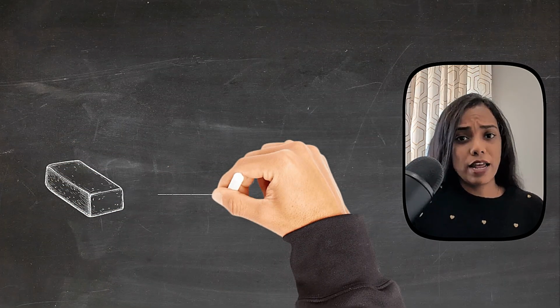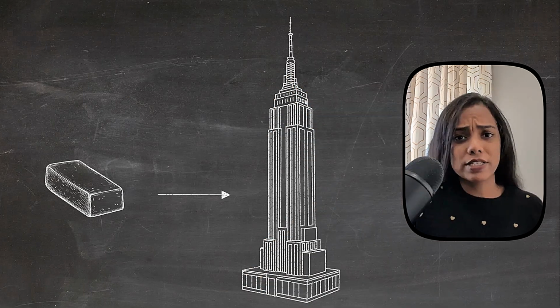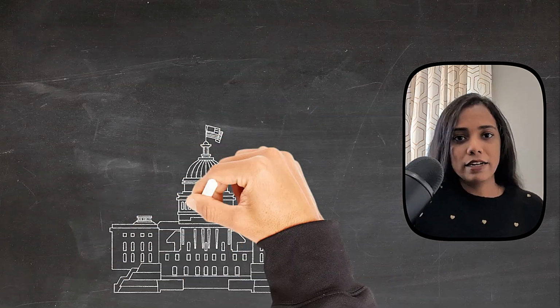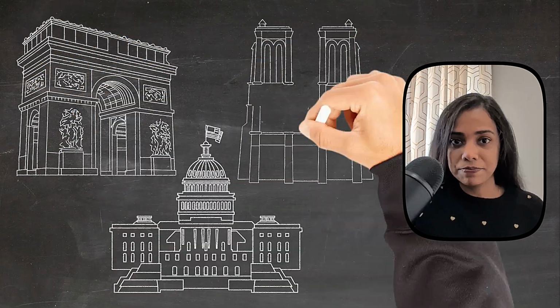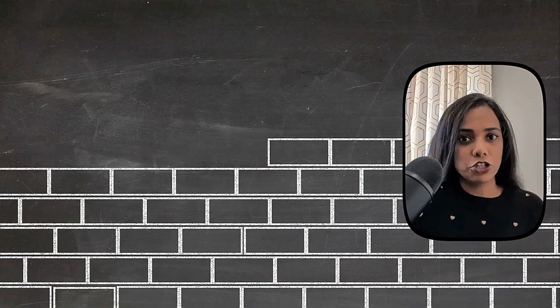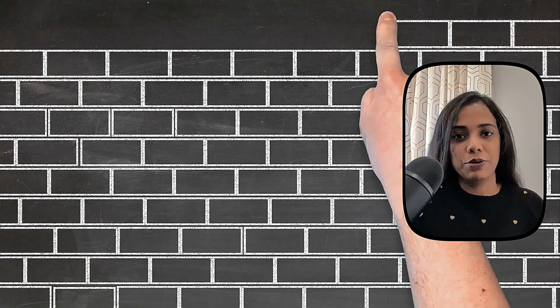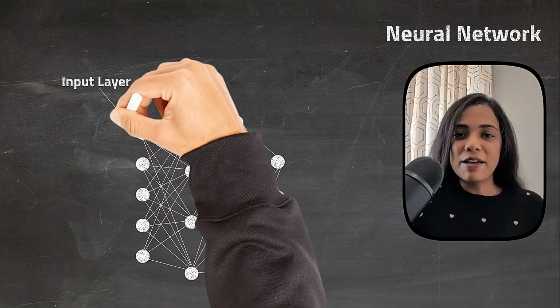Think about a neuron as a brick of a large building. You can stack these bricks in several different ways and create really cool architectures. The most straightforward way to stack these bricks is just on top of each other. And you have layers of these and you create a wall. So what you're seeing here is something like that.